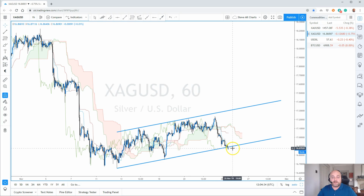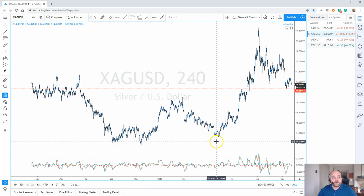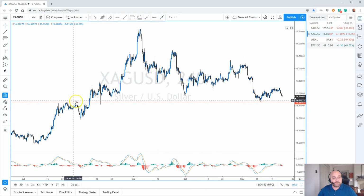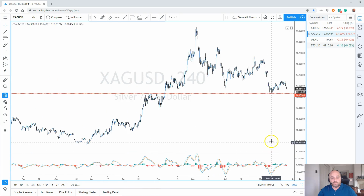So we're seeing a break of the $16.90 area, and a break here should see prices accelerate quite quickly to the $16.65 level. Now, this $16.65 level on the 4-hour chart is quite significant. If we take you all the way back to the previous resistance, once it's broken through resistance, it then turned into support, and now we've tested it again back in early November. The reaction higher has started to fade, and we're getting the bearish momentum coming in,